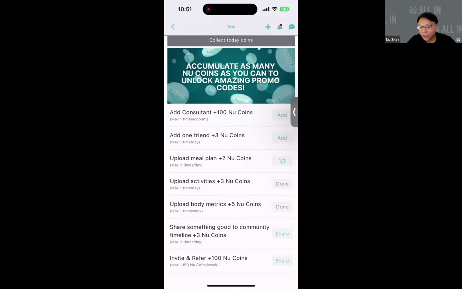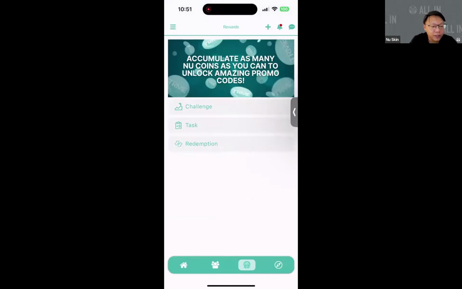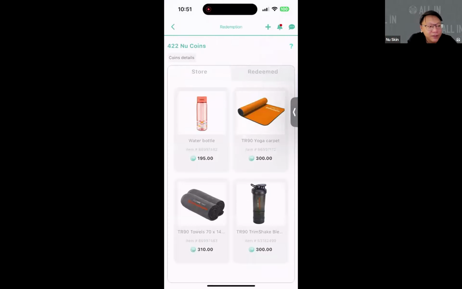Okay, I saw a question. Sorry, what can we do with the coins? That leads to the next one, which is redemption. Okay, you will be able to use those coins to redeem merchandise that is planned by your market. So it can be certain merchandise, or it can be vouchers. Okay, so yes, Ren. Wow, redeem.